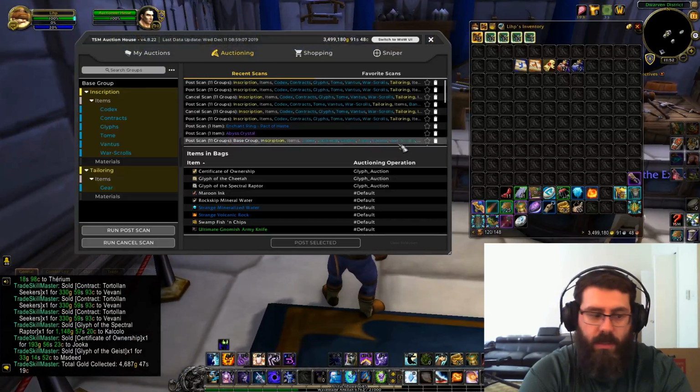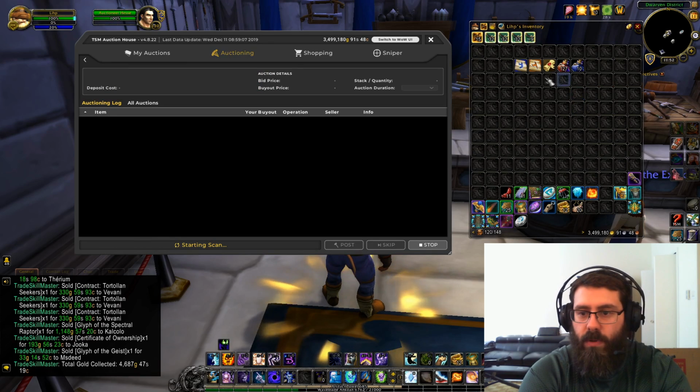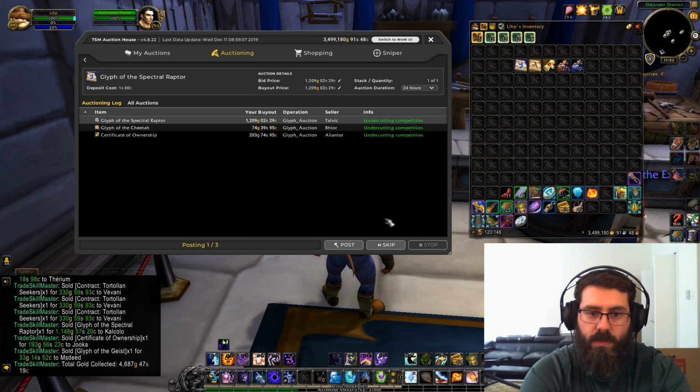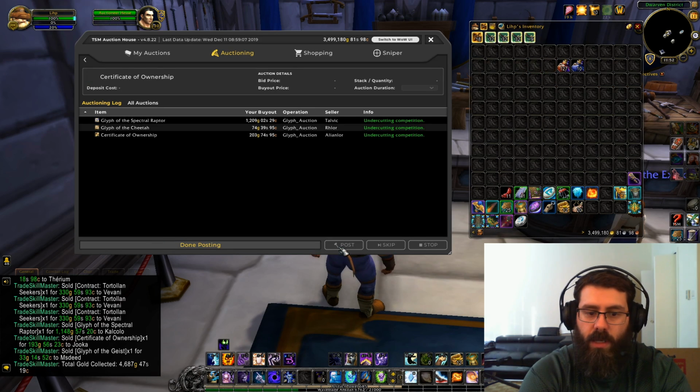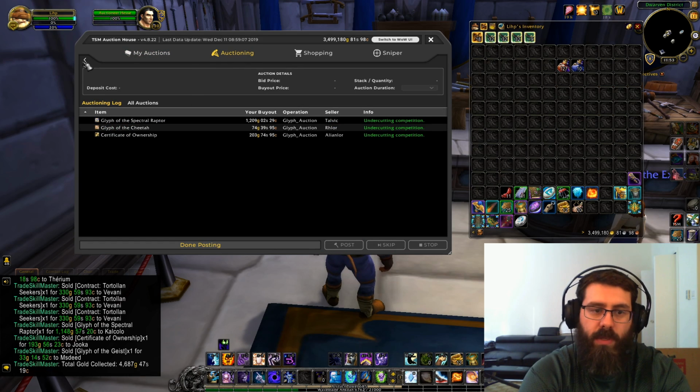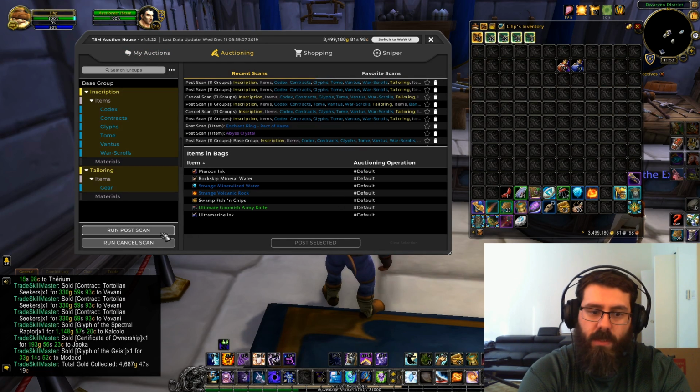And now you can come and take a look here, and you're gonna go, all right, run post scan. We got 3 things to post, no problem. It's gonna pop all those 3, there you go, and post, you're done. Now, what you wanna do after that, periodically, you got all your items on the auction house, you want to